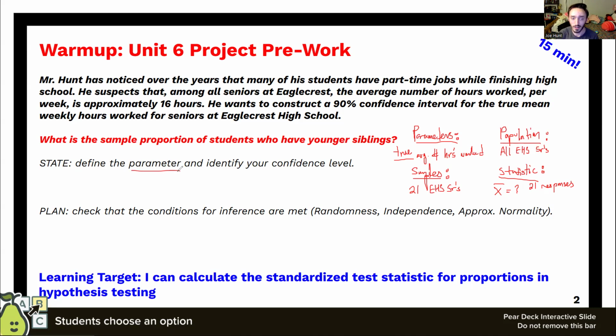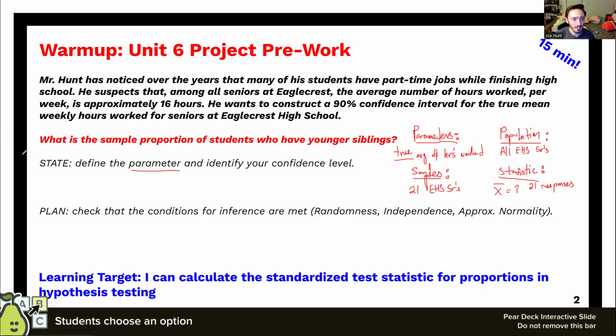So when they want us to define the parameter, what we have to talk about here is that we're looking for an average for the whole population. When we're talking about confidence level, we're going to specify the level of long-run error or long-run accuracy we're willing to tolerate to maybe get some level of precision on this interval, to give us kind of a narrower window on what's happening.